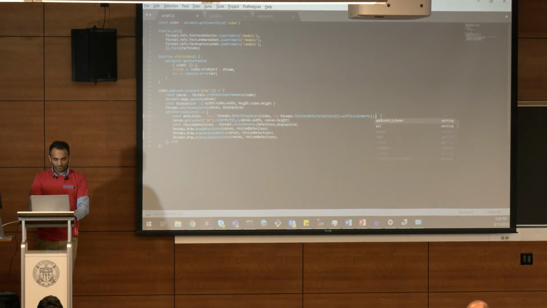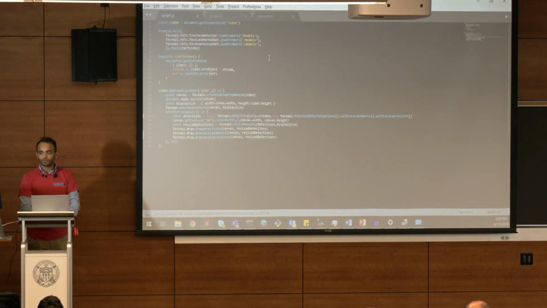So for the TensorFlow individuals, 4, 5, and 6 are really important ones because you see it says .nets, .load from. So it's loading the model, but it's loading it into a network, which is then in turn using TensorFlow to do all of that heavy lifting and all that work.